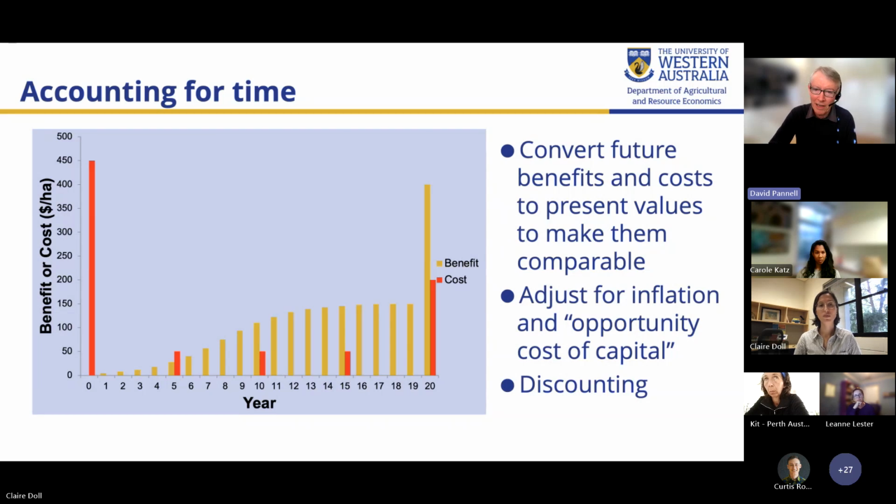Now, one obvious thing to do is to worry about inflation to bring those future benefits back to present value terms. But there's more to it than that, because we also need to worry about the fact that the cost that we incur in the short term could have been spent on something else and could have generated some other benefits. Economists refer to the fact that we're not doing that as an opportunity cost. There's an opportunity cost of capital, and we want to factor that into the consideration as well. That's done with a process called discounting, which we use to convert future benefits and costs into present values, accounting for both inflation and this opportunity cost of capital, so that they are validly comparable.